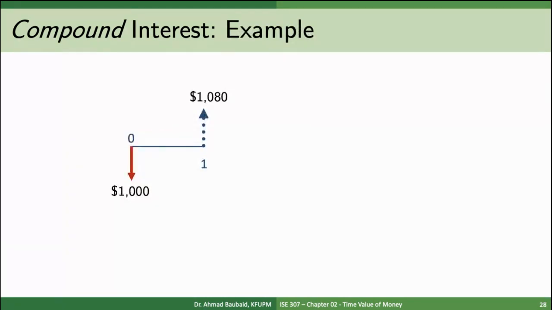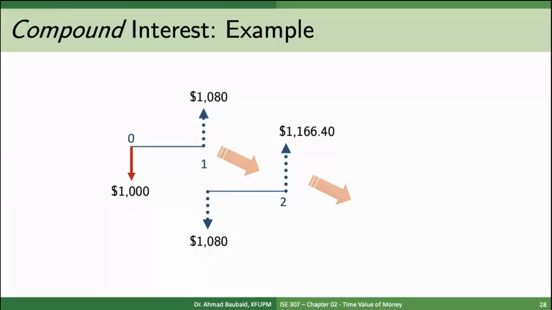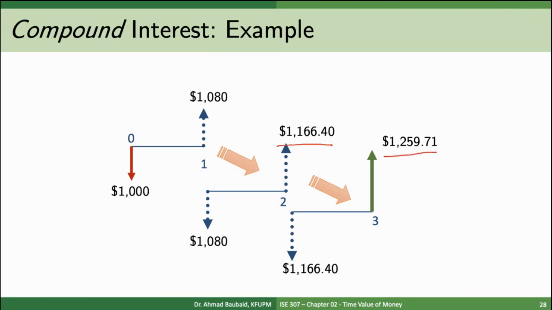And so what's going on in this example? To see things graphically, we invested $1,000 at time 0. In time period 1, we got $80 extra, which is 8% interest. But because the interest is compound, we can take that whole value and invest it at time 1, and at time 2 it's going to earn even more interest. And so we're going to get this total. Same thing again, we can take this amount and invest it at time 2, and it's going to earn interest for us, and then we get this value,